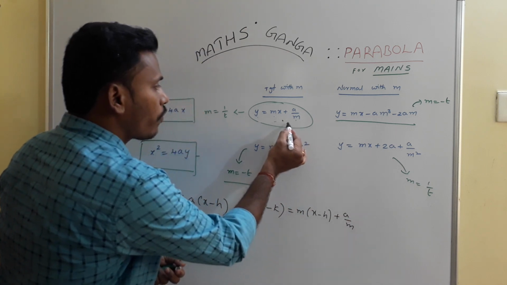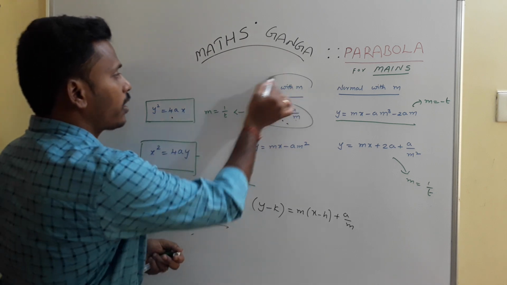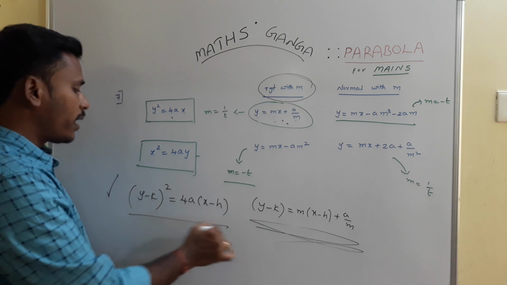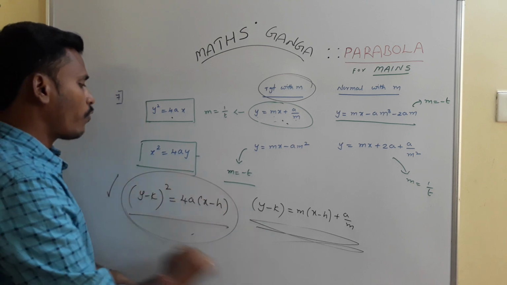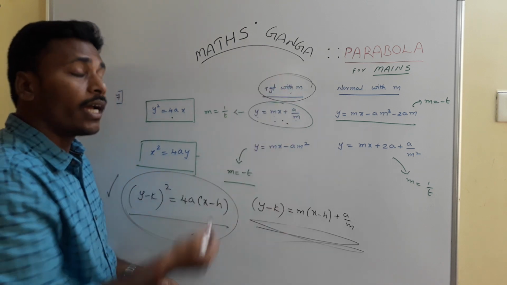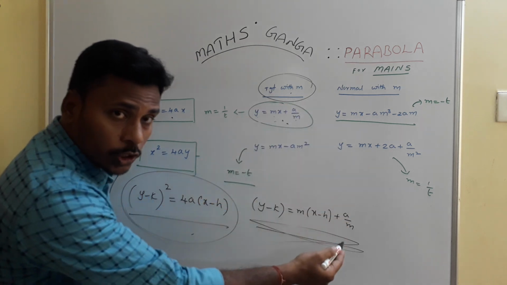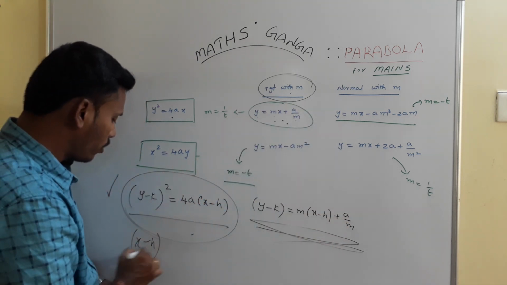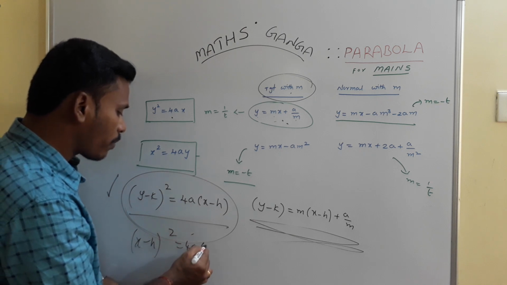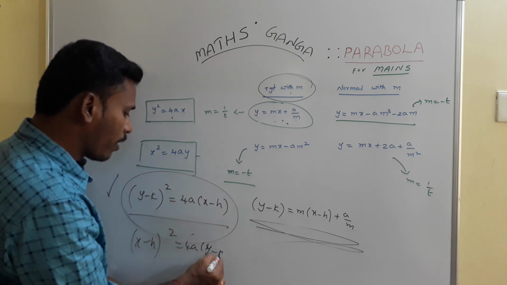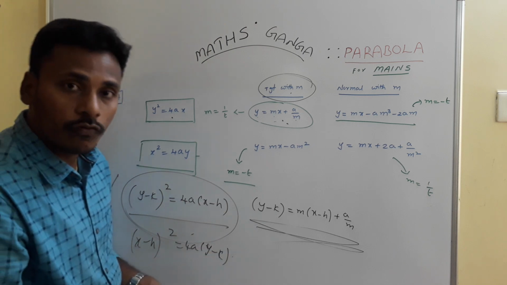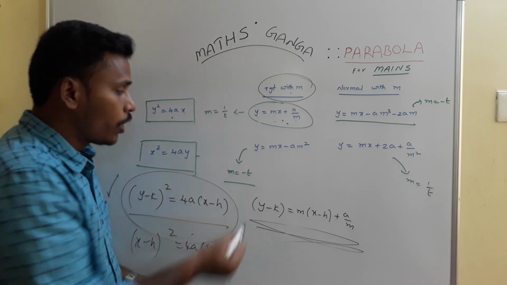This is the equation of the tangent for y square is equals to 4ax with slope m, and this is the equation of the tangent for y minus k whole square is equals to 4a times x minus h with slope m. In the same way, we will write the normal with slope m, and again for x minus h whole square is equals to 4a times y minus k. For this type of parabola also, we will write the equation of tangent and normal with slope m